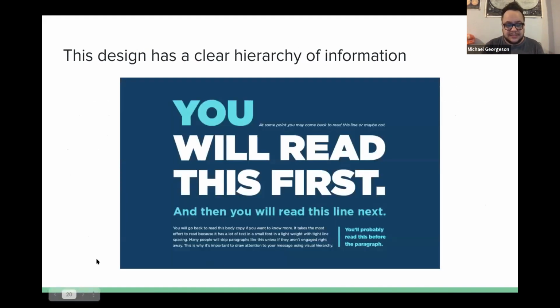So this design is an example of very clear hierarchy. You will read this part first, and then this part, and then you'll probably read this part before you read the paragraph, and then you'll read here. If you're interested by this big stuff, then you'll read this, and maybe you'll come back and read this little bit at the top. Sorry. So really thinking about the size of the text,